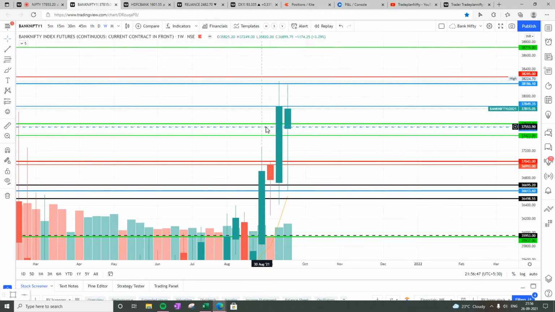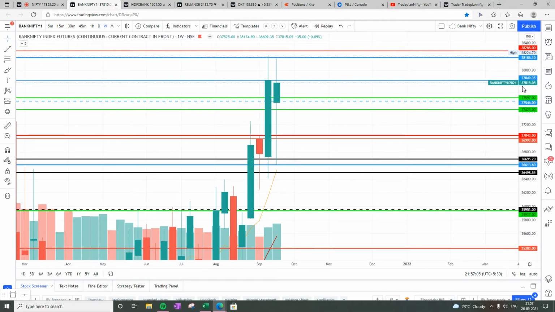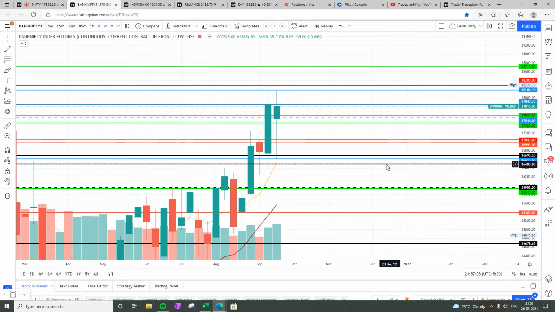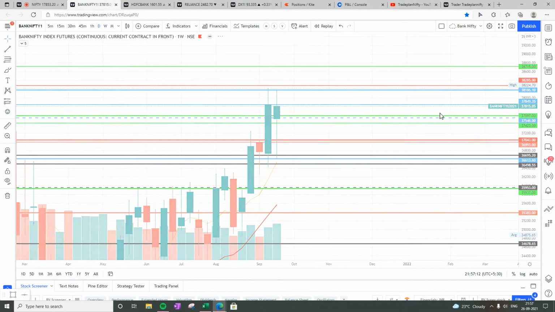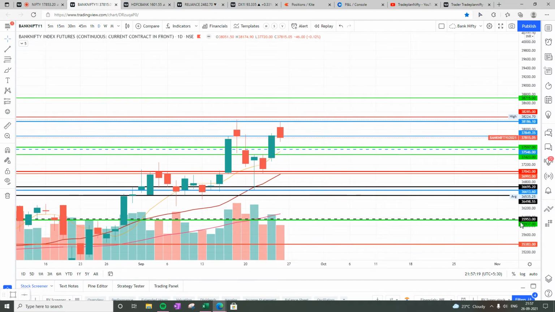We see that Bank Nifty for the past 2 weeks is consolidating between a zone of 36,500 and 38,200, and this consolidation looks like going to continue with the dollar index moving up and the US government bond yield moving up. Bank Nifty will definitely come under some amount of pressure. But as of now, Bank Nifty is above 8 and above 20, so definitely on uptrend on the weekly chart. On the daily chart also, we see that Bank Nifty is above 8, above 20 and above 50, so definitely in